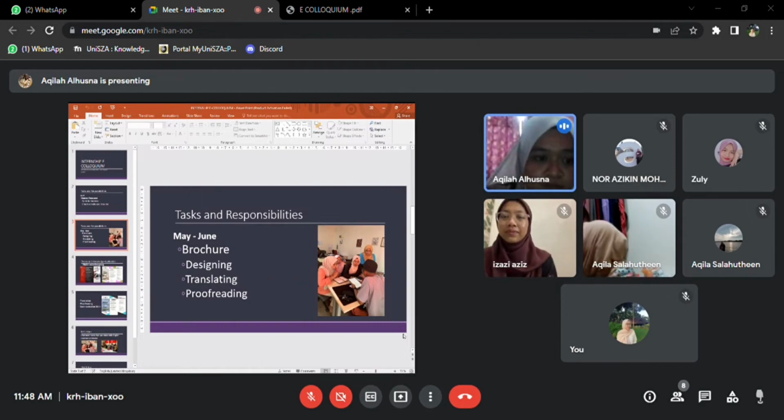For the brochures, I've divided it into 4 main steps involved in making them. Firstly, we did some research because we needed to study and understand what a scam really is, and the programs or courses that they have to offer, as most of us are not familiar with SKM or DKM or the Malaysian Skills Certificate.